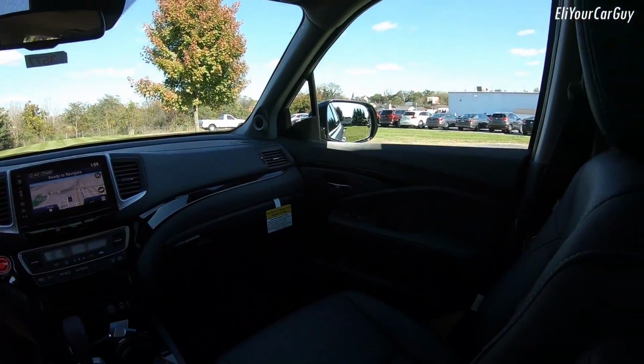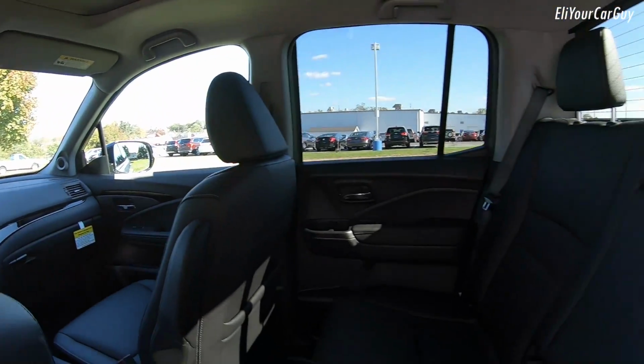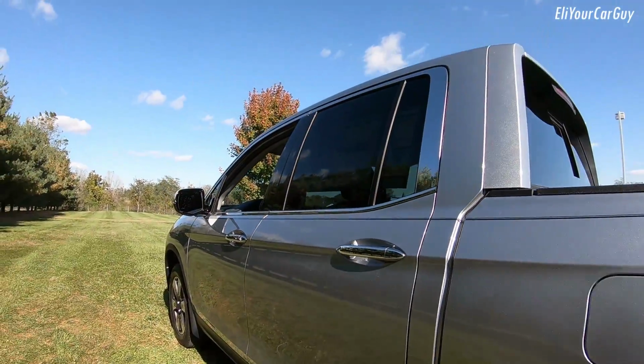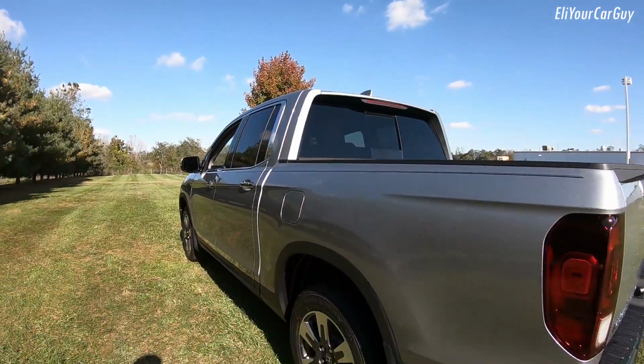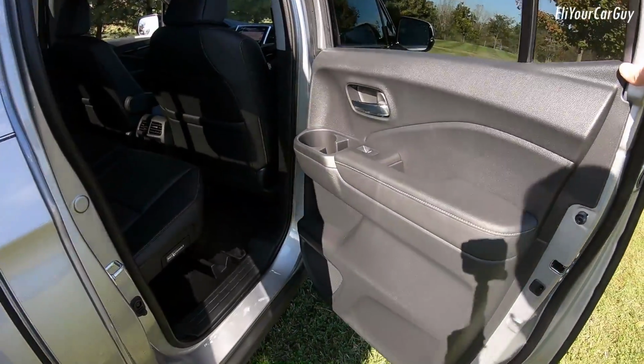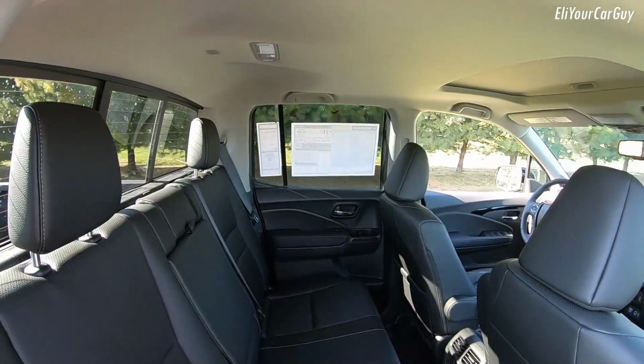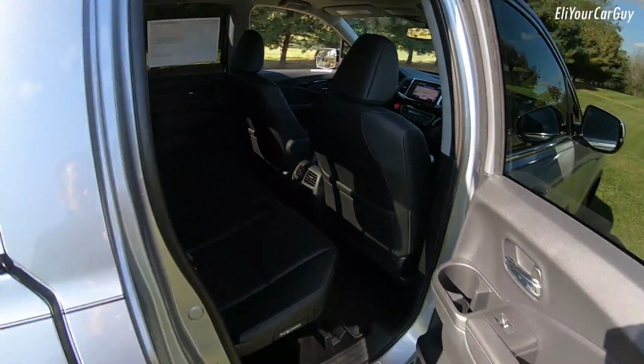electronic brake distribution, brake assist, a multi-angle rear view camera with guidance lines, tire pressure monitoring system with tire fill assist and location pressure indicators, daytime running lamps as we mentioned earlier,